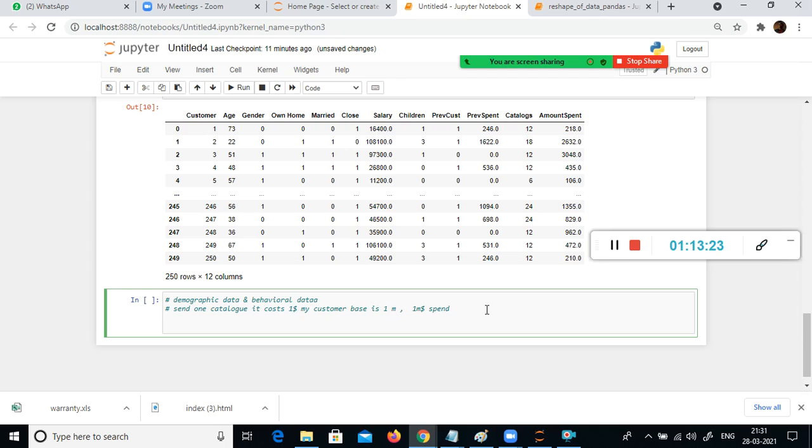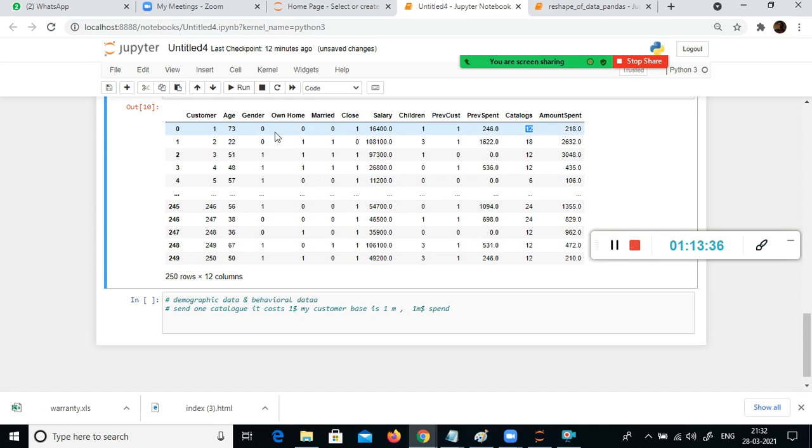What is a campaign? We want to launch one, based on campaigns launched in the past, for which they recorded this data. When I sent 12 catalogs to this customer, at this age, for gender, 0 is female and 1 is male, and own home, 0 means they don't own.